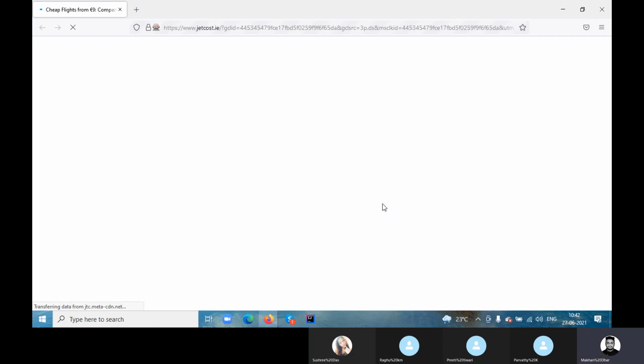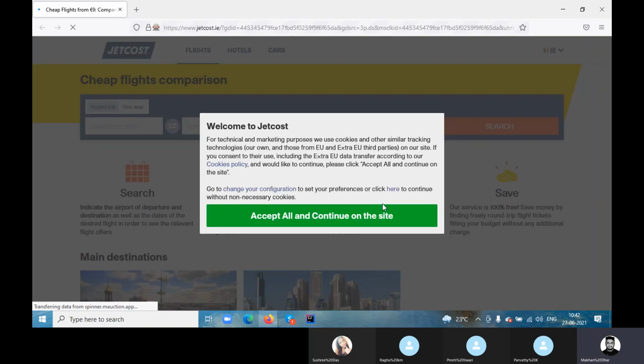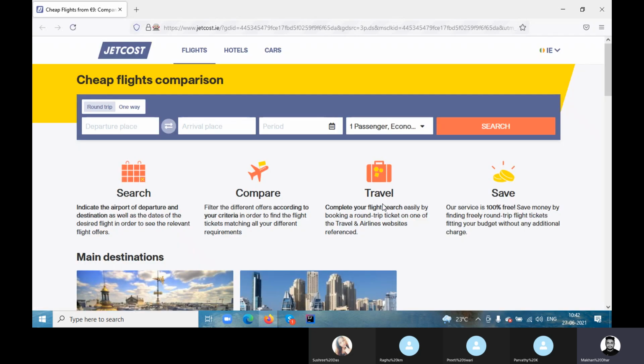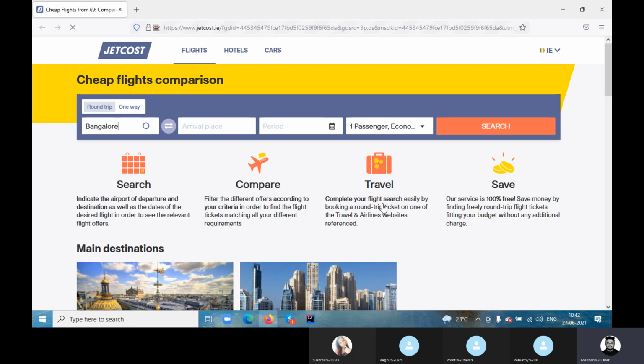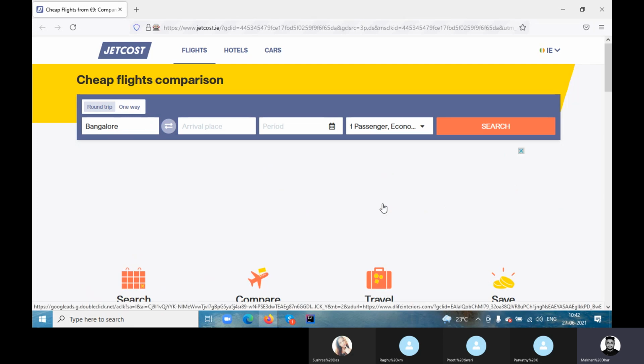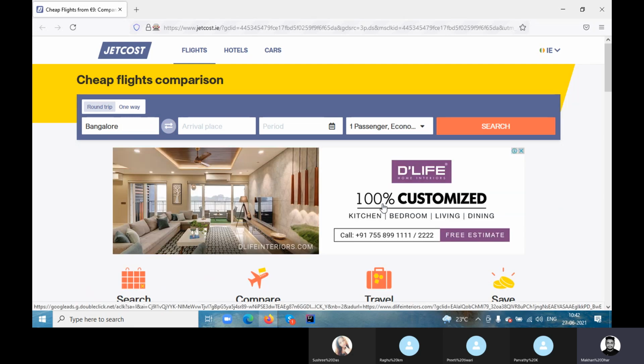So now it's launching the browser. Okay, it will now click on this pop-up. Now it is coming, right? But manually, when we search, we get some suggestions for Bangalore, some airports and all, but now it is not coming.